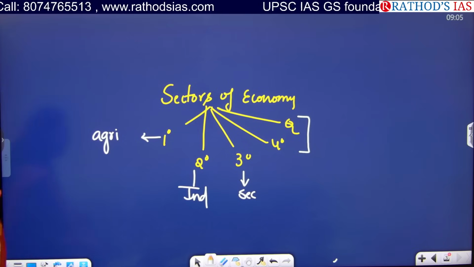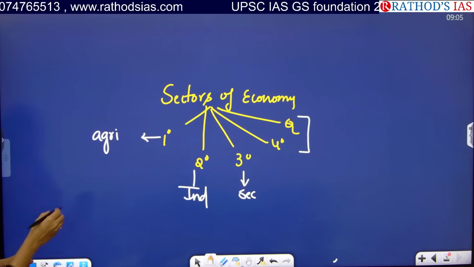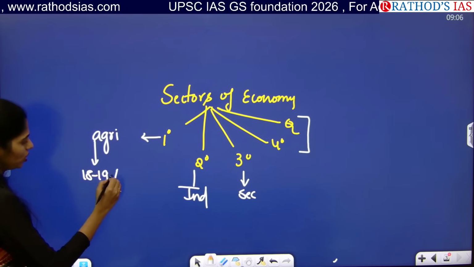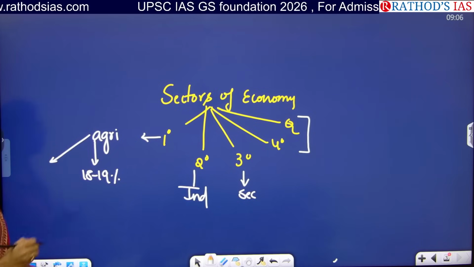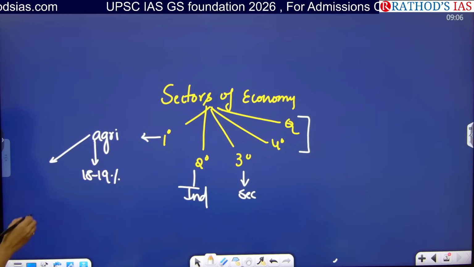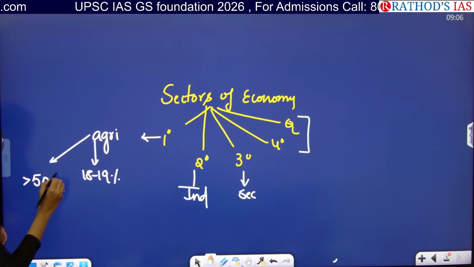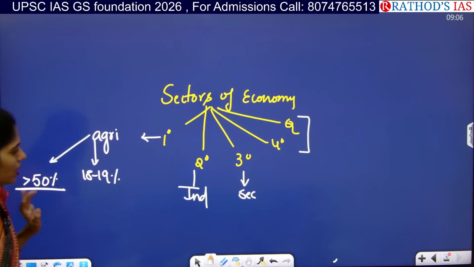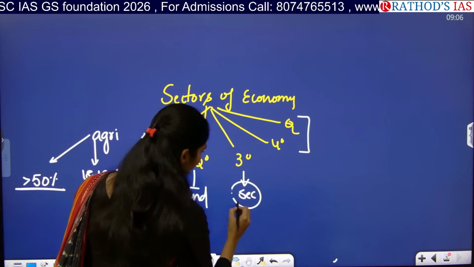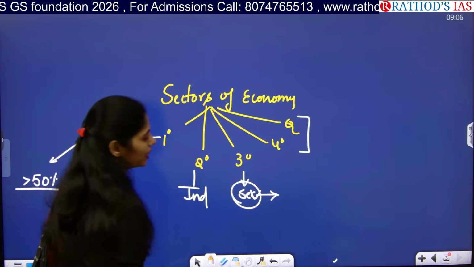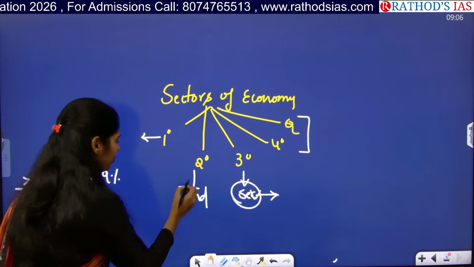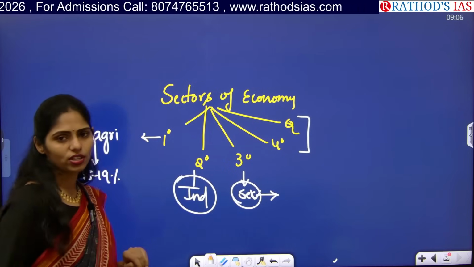Okay, so actually if you see, agriculture is contributing very less, around 18 to 19 percentage to our GDP. But how many people are working in this agriculture sector? More than 50 percentage of people are working in agriculture sector. It is approximately. So here service sector is also contributing very good. It is around 30 percentage of contribution from service sector, and from industrial sector it is very less contribution.